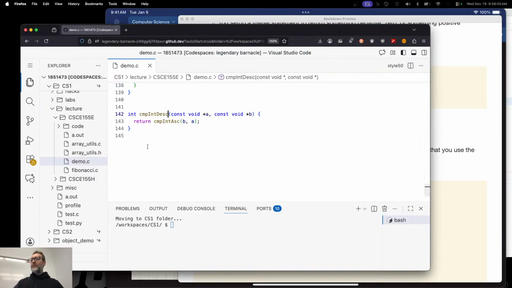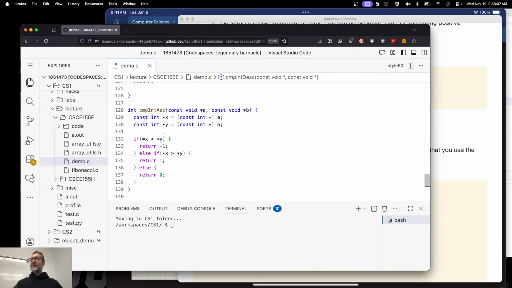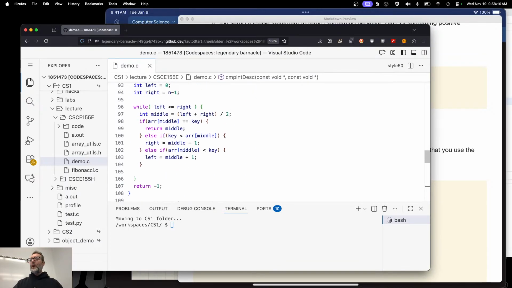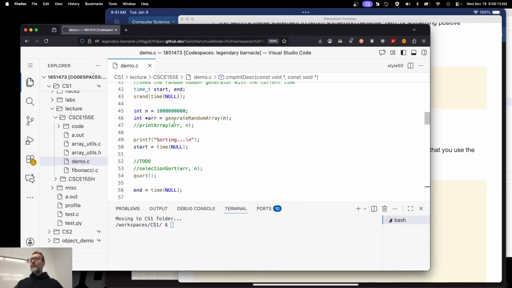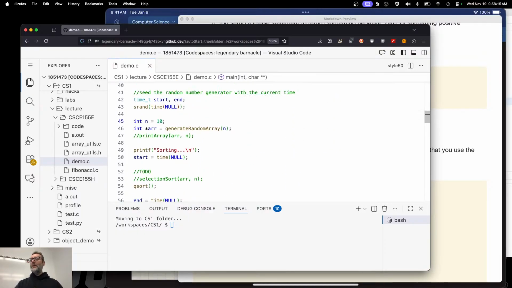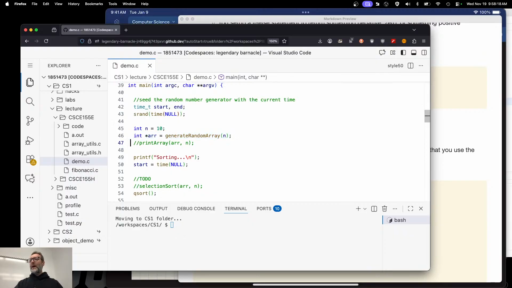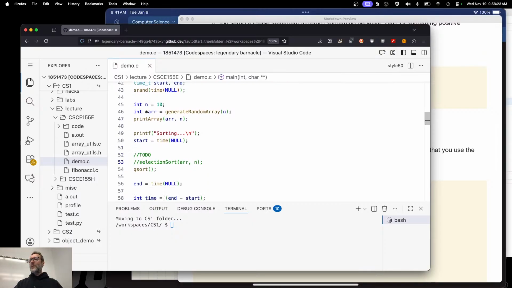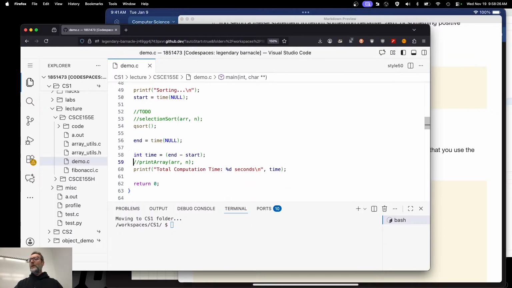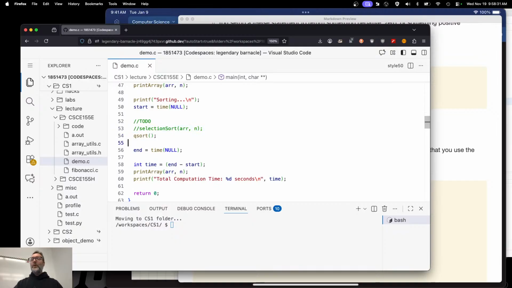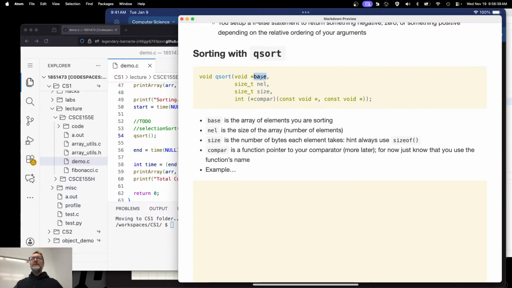Let me come back over here, and remember, we've got our comparators. That's all we ever need to write. We were trying selection sort before for this many elements, but let's kick it back down to 10. Generate my random array here. We'll print out the array to see that it works, and print it out after as well. Instead of calling selection sort, rolling our own, we're going to call quicksort, qsort for short. Remember, the order of things that we pass in are the base, that's the array, the number of elements in it, and the size.